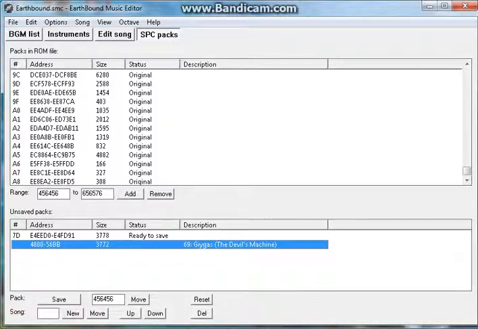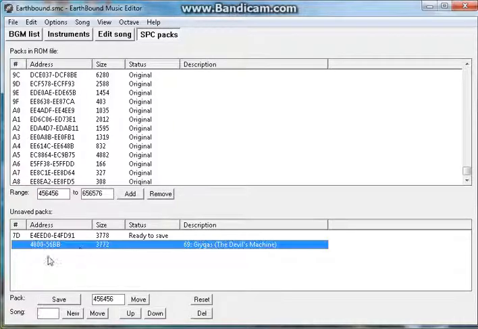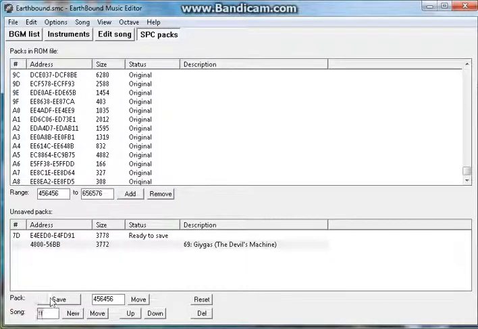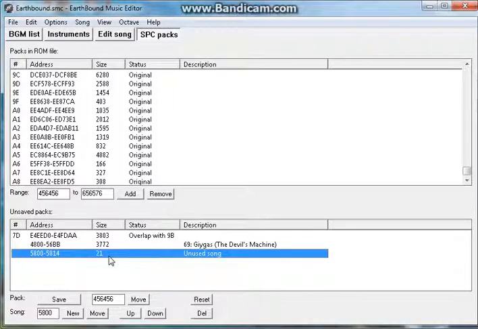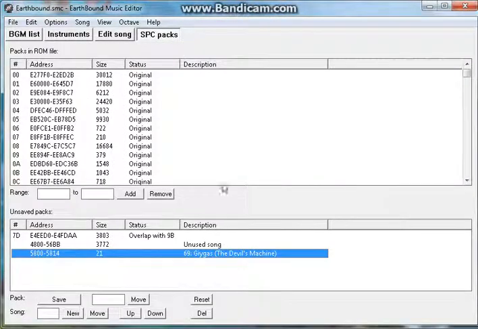These right here, I don't use this that much. What this does is I think you put an address in here, like let's say this song is at 4800. The other address that would work would be 5800. So I can click new, and now it's created a new song. But it's unused, and it needs an ID. And what we can do is go back to the BGM list, and see Gygas uses 4800. We can change that to 5800, save info, go back to SPC pack, and now the song is in the